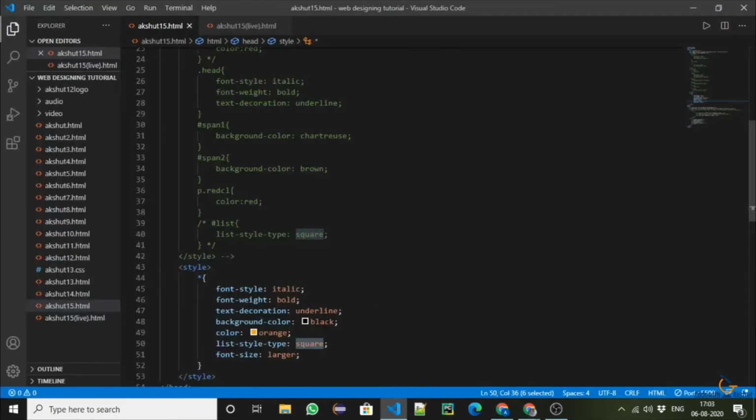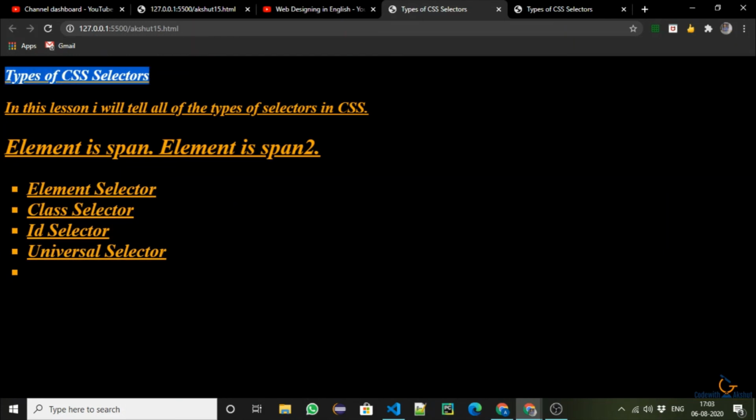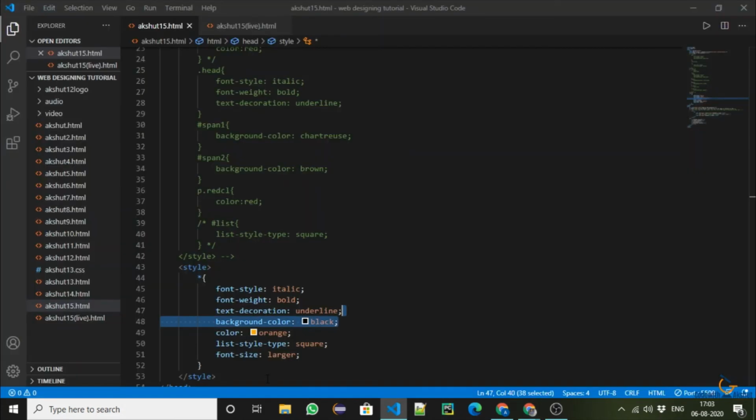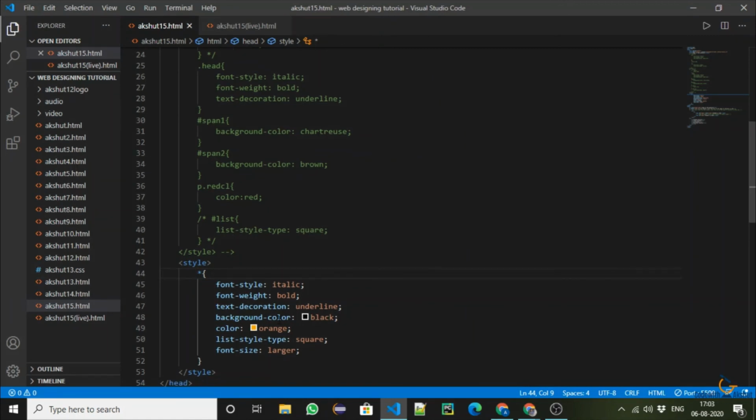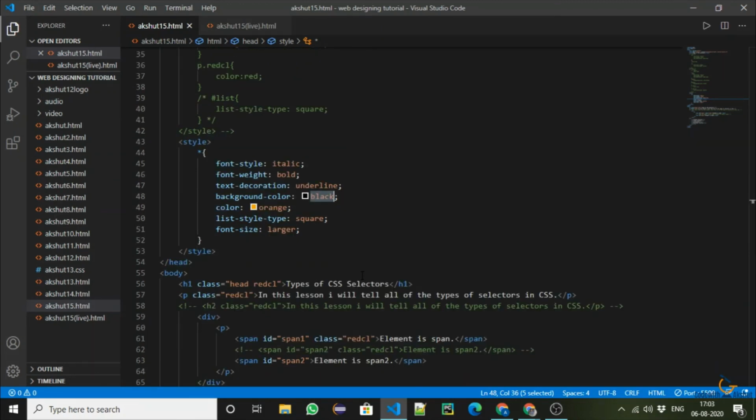Now, this background color black, you must be thinking that it would apply only after this, but it also works like body. If we only use body and I remove it, it will still happen because we are using the body. It will contain the body, so it will change the background color of the whole body. Okay, so I hope you understood this also.